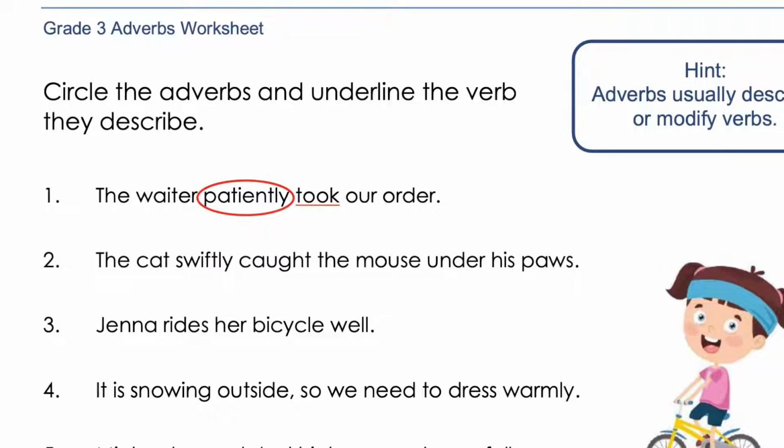They also modify adjectives and other adverbs. But for this exercise, we're looking at the verb and the adverb. So this is a real simple exercise for learning our adverbs. All right? So let's go ahead and identify our